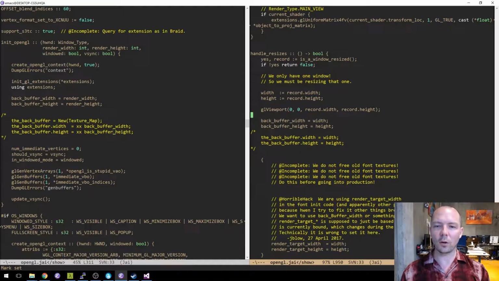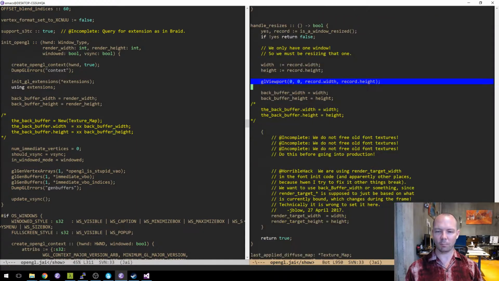So all we did here, you see our handle resizes is pretty simple. We have this did something resize, which just checks some bools that we set somewhere. And we just call GL viewport, which resizes the back buffer. Now later, when we get to rendering into off-screen buffers, which we're going to do, then we have to do some other things. That was what all that VHDR buffer stuff was that I deleted. But for now, this is actually just very simple. We're just calling GL viewport.